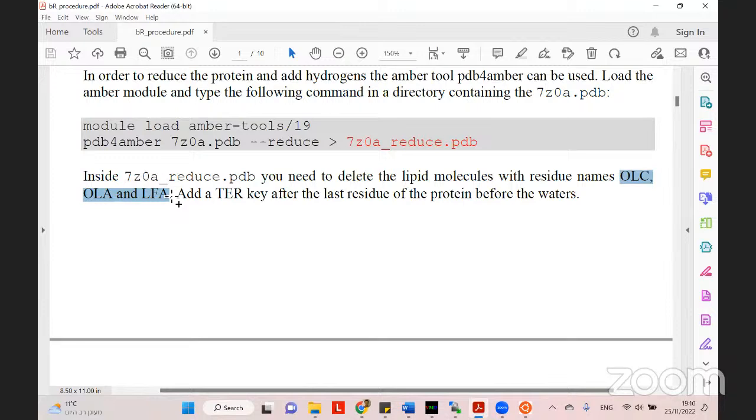Oh, yes. Yeah, it's a different spelling. Yes, PDB is